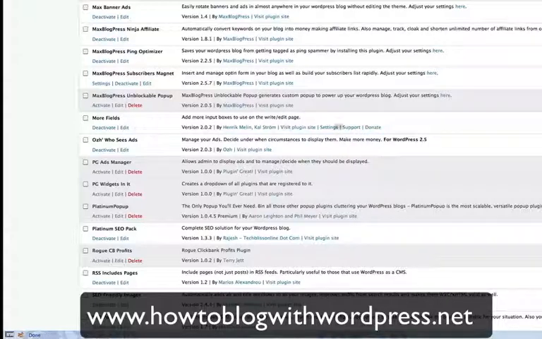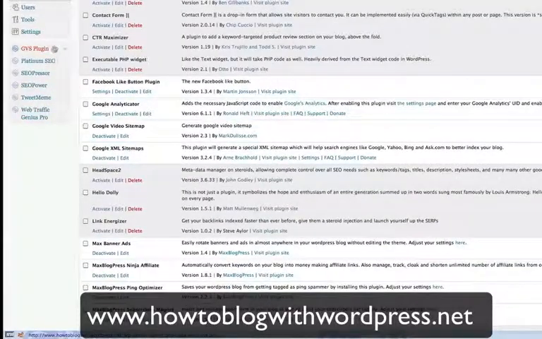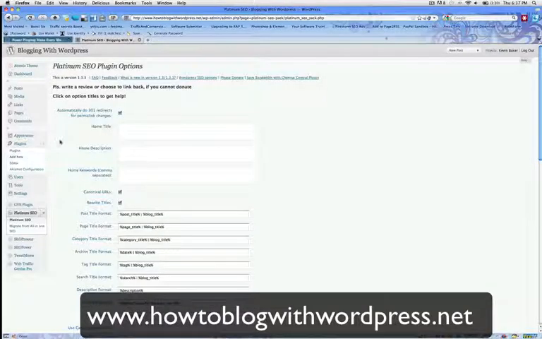And that's within the field of the plugin itself. Others will come with a particular heading, such as this. And in this case, Platinum SEO does that. So if you click Platinum SEO, and you click Platinum SEO underneath that heading, you'll go to the settings